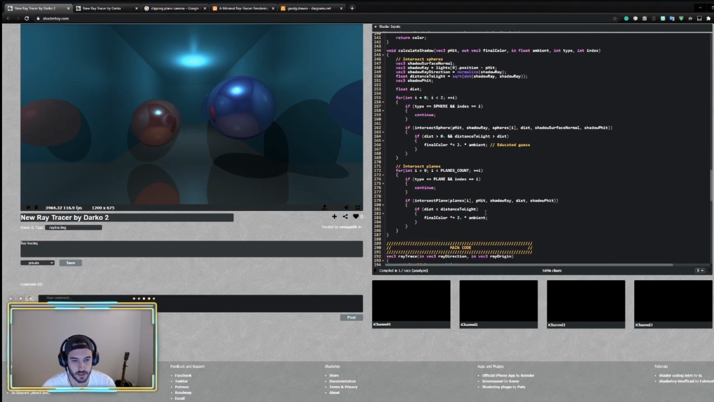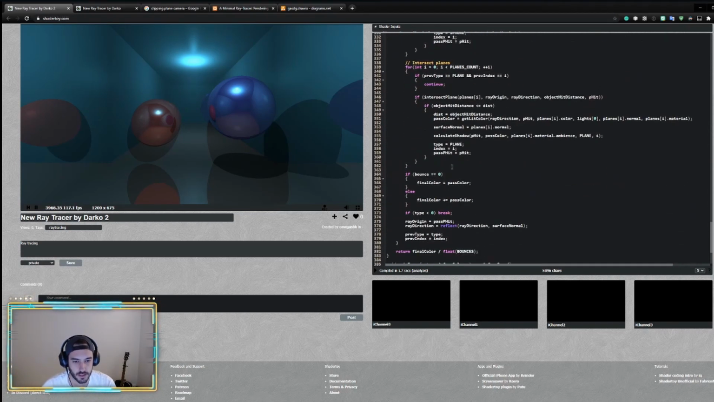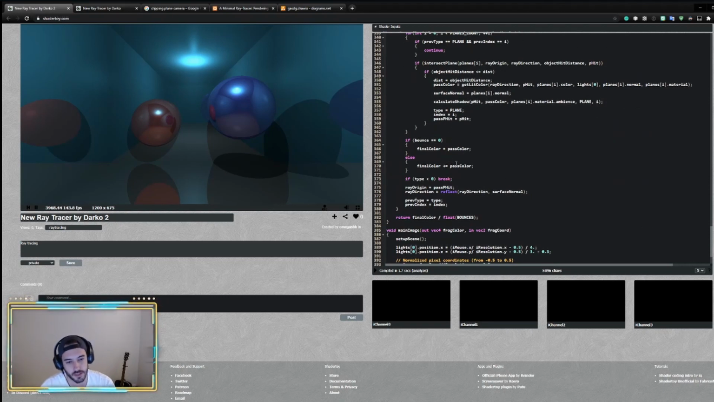Why do we need that? Well, in this final color calculation over here, when you get the final color, or the pass color, we want to do something like get material of the type we currently are hitting, right? It's not the previous type, it's the type of the current bounce. So let's get the type we hit,